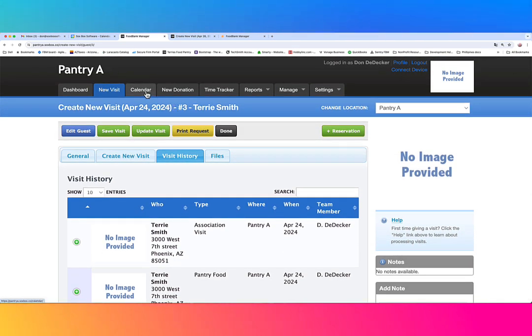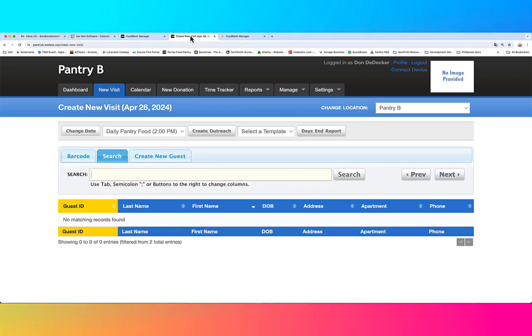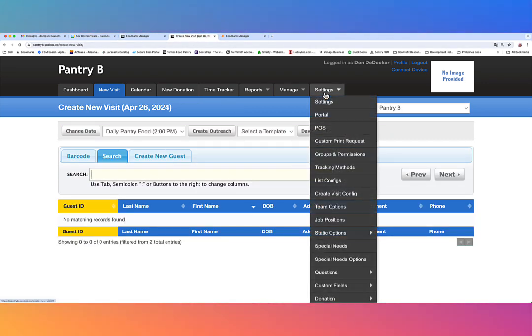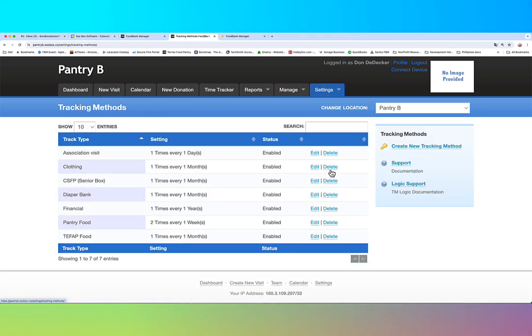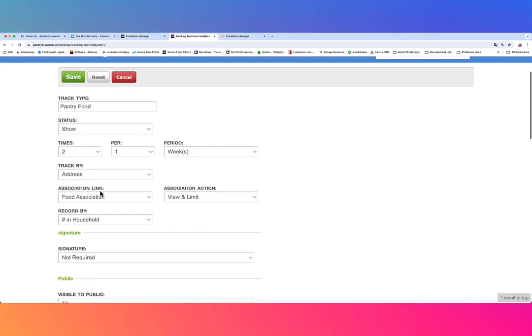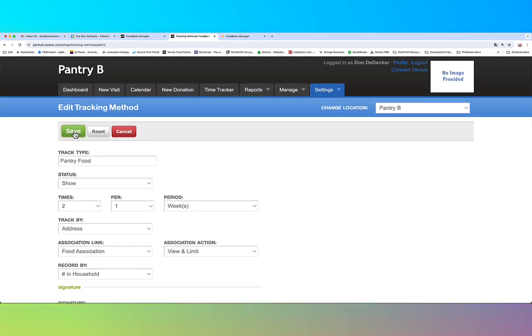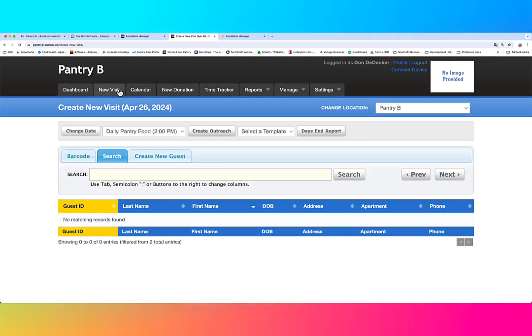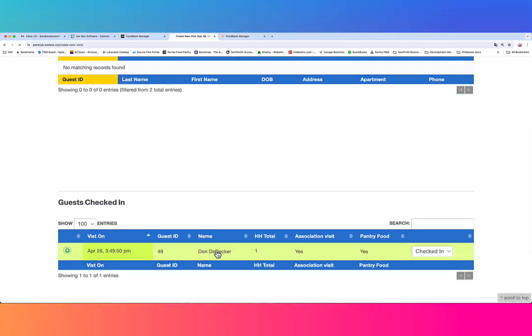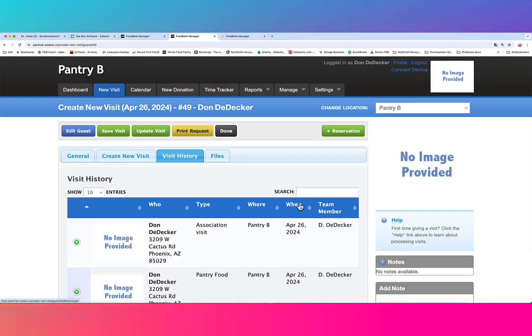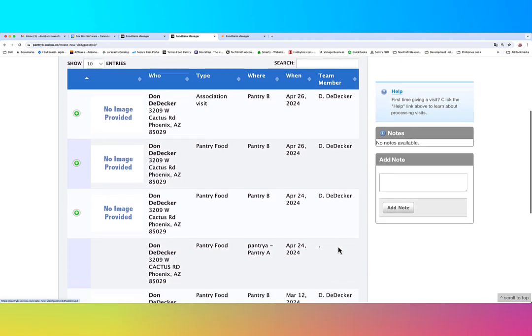Same thing goes when I go to Pantry B. Pantry B is part of the association, right? Because we can check that. Go to settings, tracking methods, and then we go to pantry food, and we'll just verify that. And yeah, they're in the food association, which is perfect. Now when I go to new visit, and I go down here and I pull up Don, and I go to visit history, I'm still only seeing